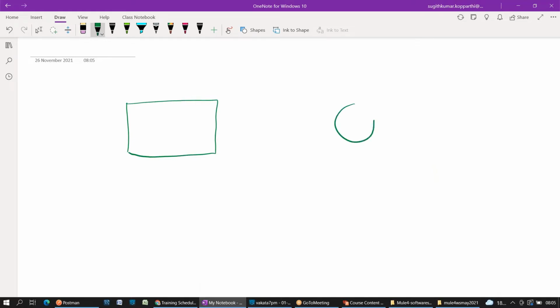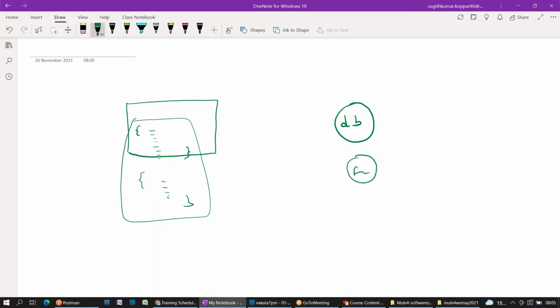If they want to connect or integrate with some database, okay. If you are a Java developer, you may write some logic here, 10 lines or 20 lines of code, to establish a connection. Yes or no? If you want to pull from the file system, again you will write logic on how to connect with the file and where you want to pull from by giving the path and all. So everything we had written in the web application itself.